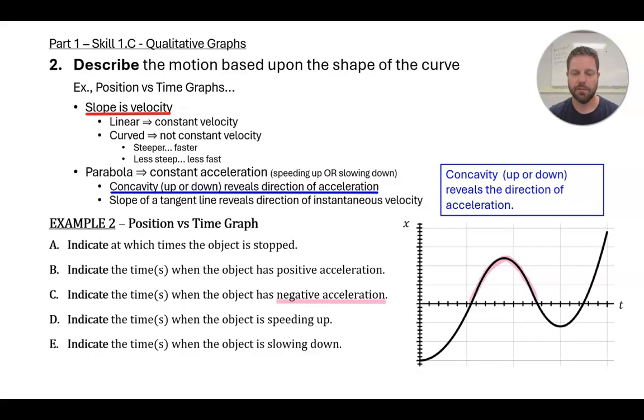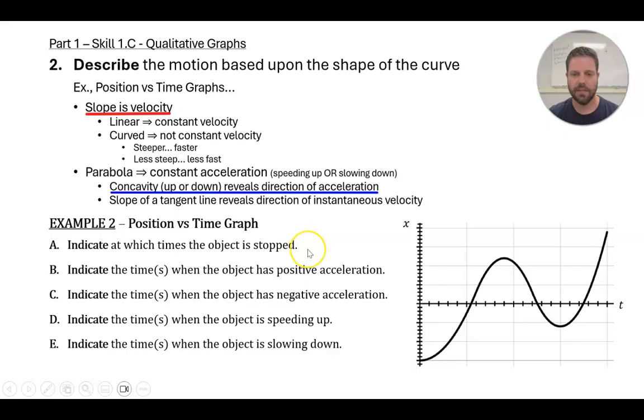If we're looking at speeding up and slowing down, that's going to go back to slope is velocity. In this case, I'm looking at speeding up first, and that would mean it needs to be getting steeper so that it's getting faster. It doesn't matter if it's getting steeper negatively or positively, it just needs to be getting steeper. That would be getting faster. So I'm looking for where is it getting steeper. And you can see here it's getting steeper